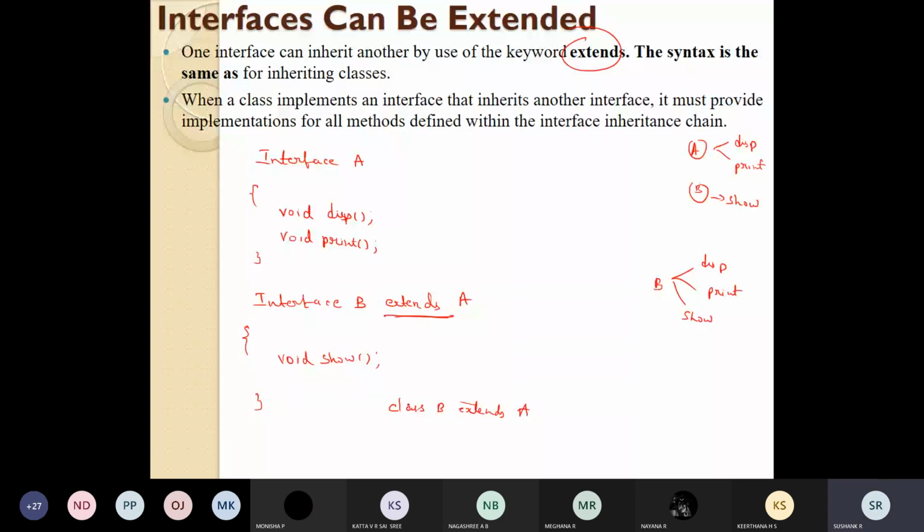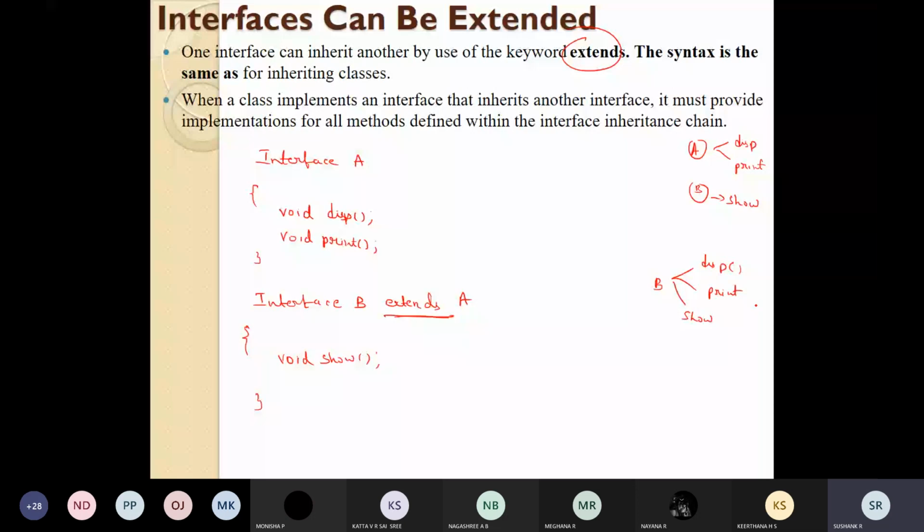Initially B contained only the show method. By extending the interface A, it is able to have three methods: display, print, and show.